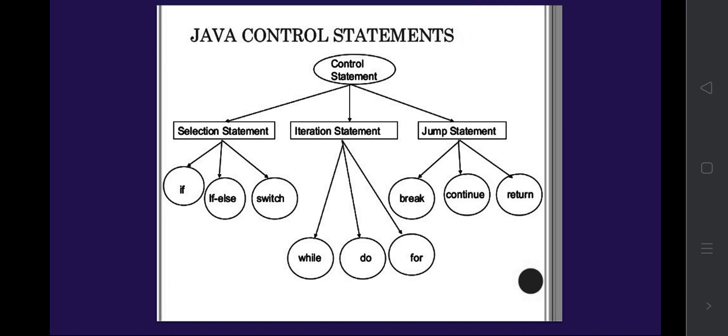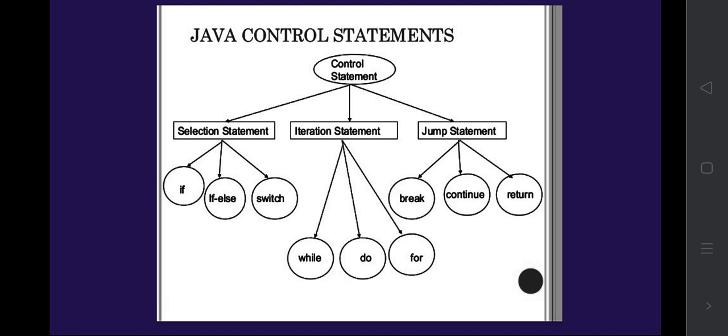Next one is the jump statement. A jump statement branches the logic to some other part of the program. Examples are break, continue and return. Break and continue are the statements which break the execution and get out of the loop. The break statement, while it is in any loop, will break the loop and come out of the inner loop. And the continue statement will go back to the top of the loop, that is the for loop or while loop, whichever loop we are inside, and it executes from the beginning again and again. That is the continue statement.